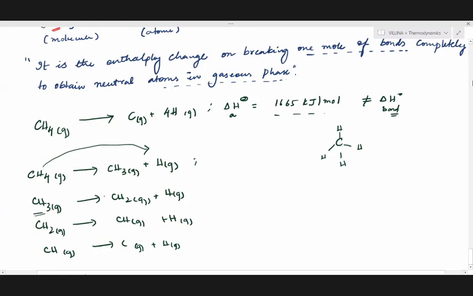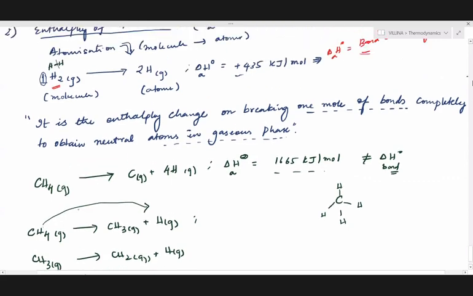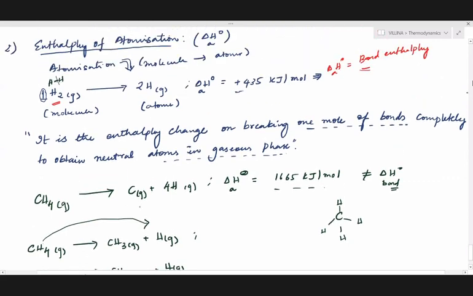So only in case of a diatomic molecule, the enthalpy of atomization is equal to bond dissociation enthalpy, only in that case. Okay, did you understand? Only in case of diatomic molecules, bond enthalpy will be equal to enthalpy of atomization. In all other cases, if we are converting a reactant into gaseous atoms, it will just be enthalpy of atomization, not more than that. We cannot attribute any other enthalpy for these sorts of examples.